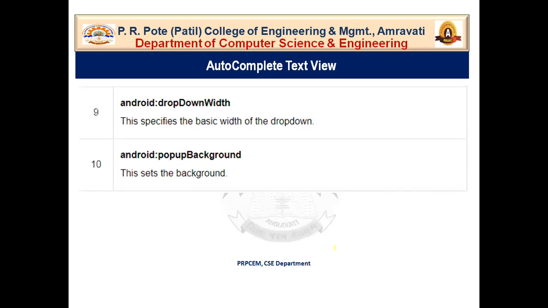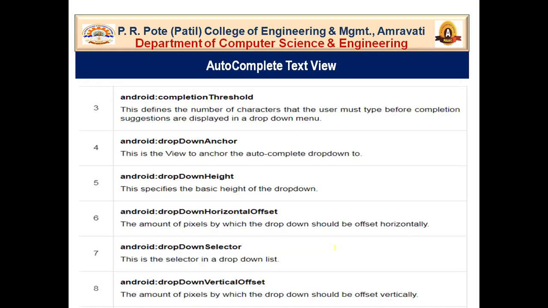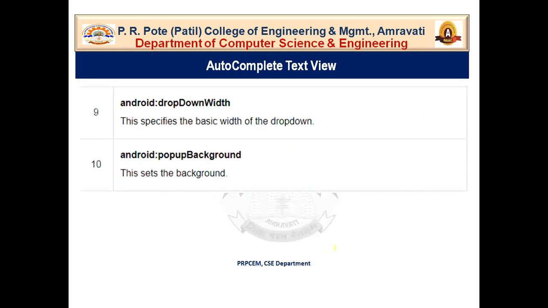And then android:dropDownWidth. This specifies the basic width of the drop-down. Your autocomplete text view shows completion suggestions automatically while the user is typing, in a drop-down menu. But what the width of that drop-down menu is, is specified by using the android:dropDownWidth attribute, which specifies the basic width of the drop-down.